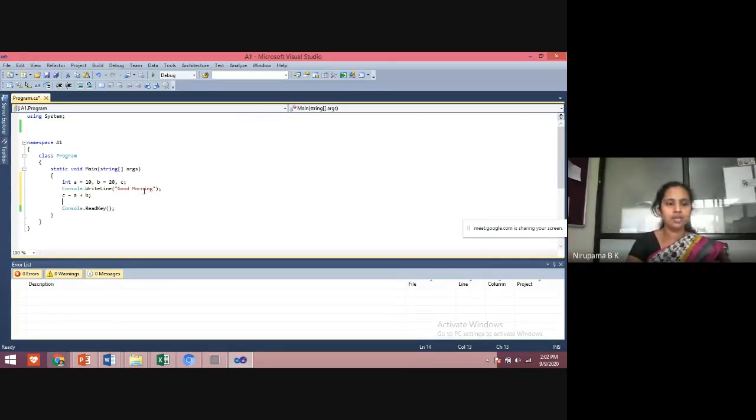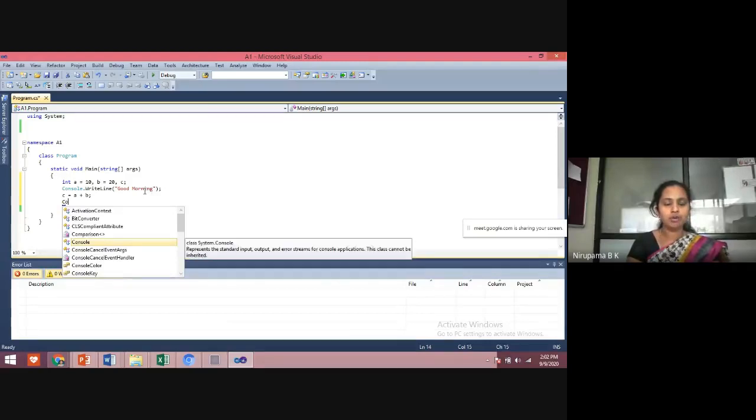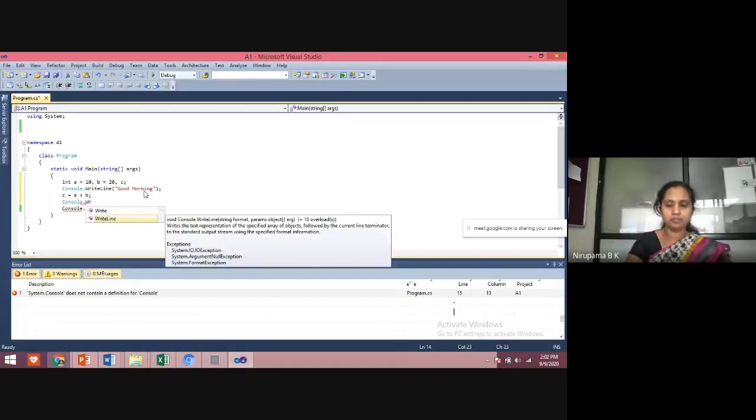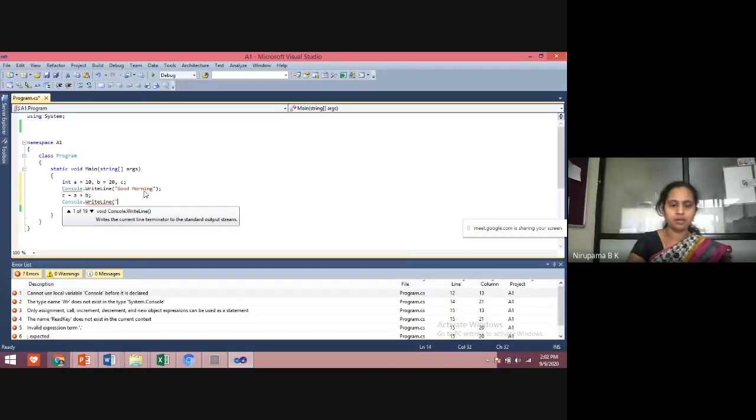Next, we need to display the output. After calculation, we need to display the output. The sum is